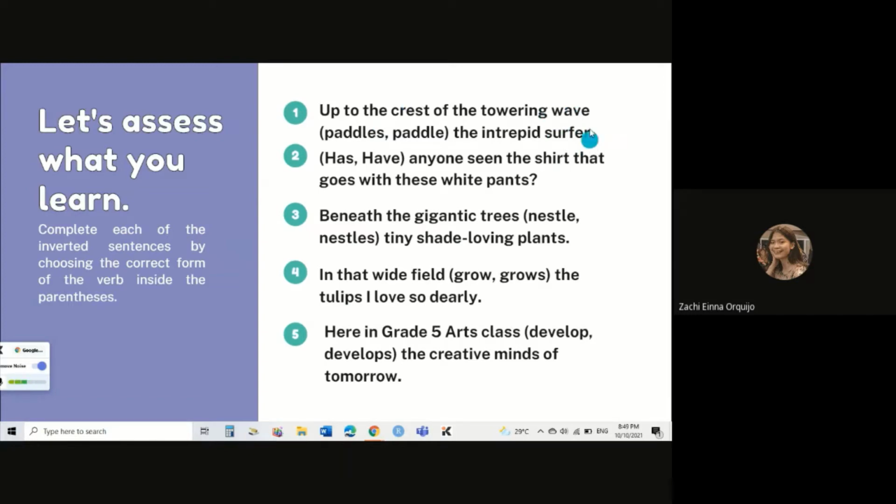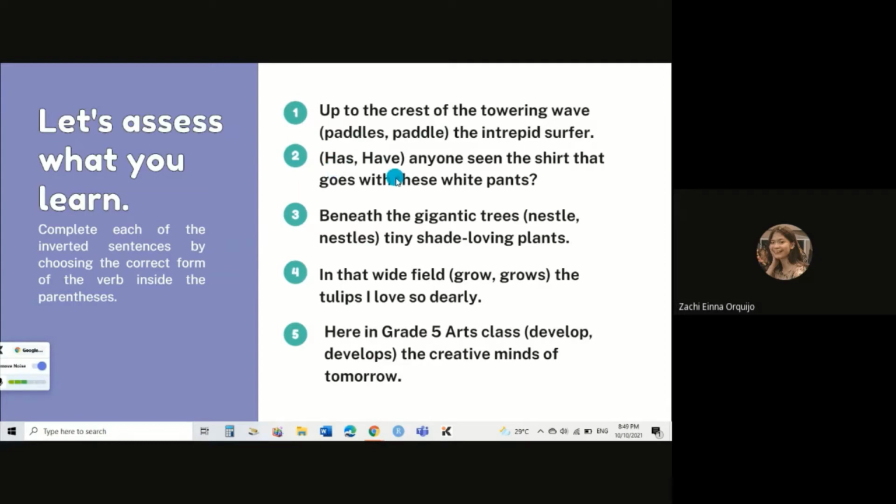So, kung singular ang subject natin dito, we choose the word paddles. Okay? Because paddles is a singular verb. Kung paddle naman, ito yung plural. So, dahil singular ang subject natin, we choose paddles as singular verb. So, the correct answer here is paddles. For the number 2,